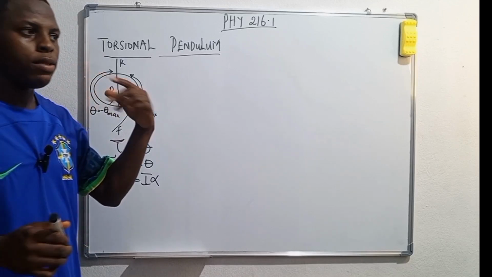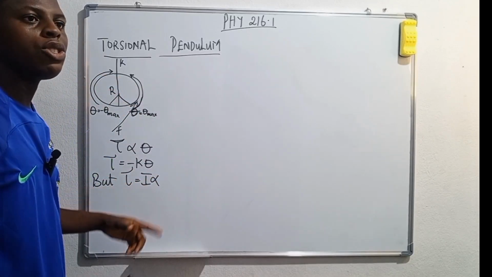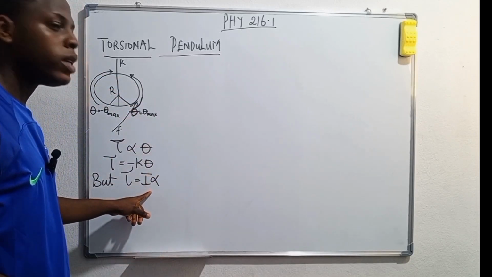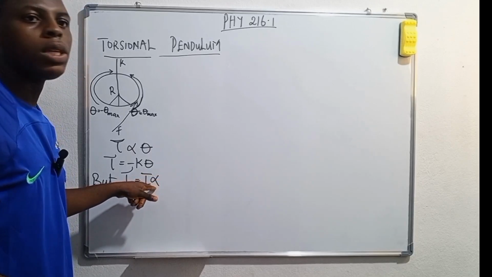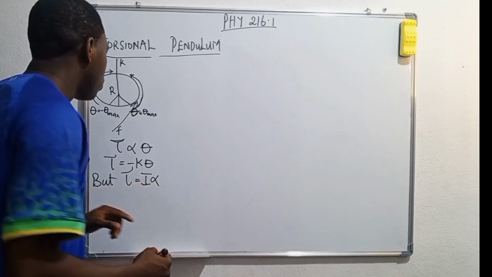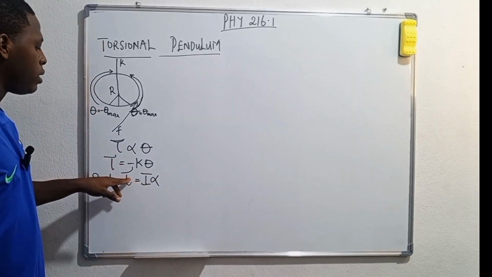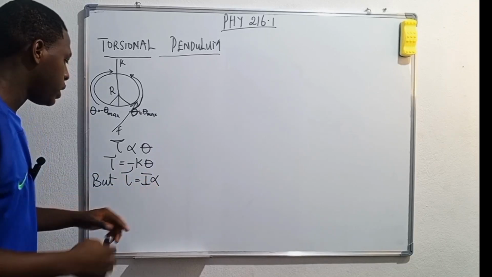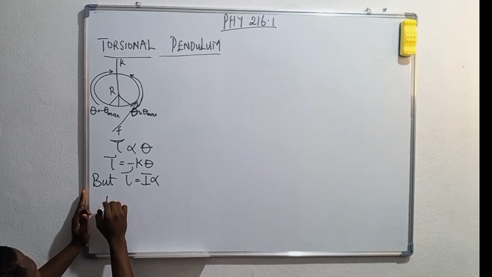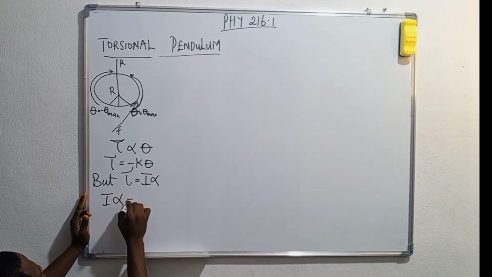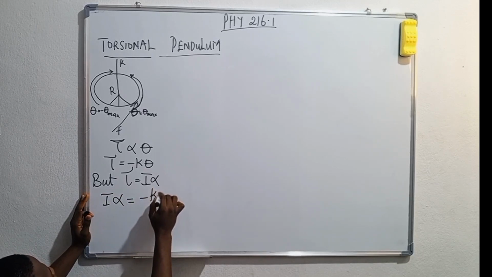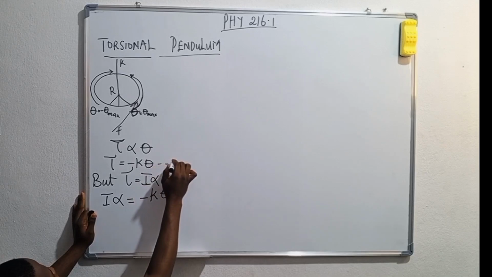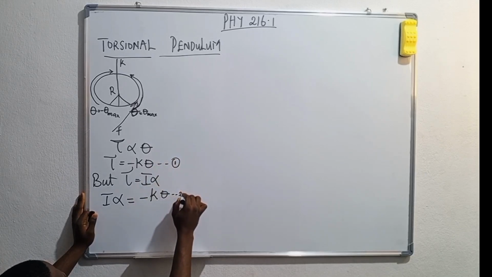So anywhere you see torque, we replace it with I alpha. Am I communicating? So you have I alpha equal to minus k theta. We can call this equation 1 and